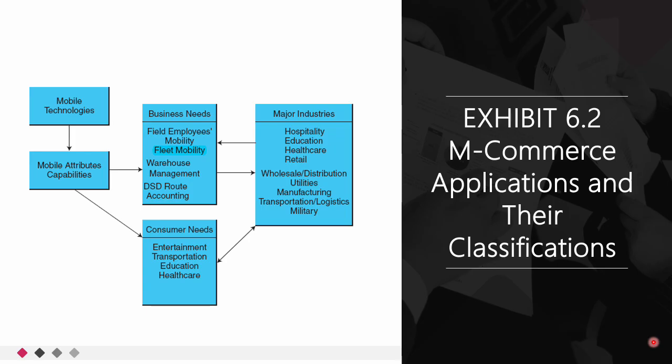Okay, so no need for manual counting. Next one, DSD, route accounting. So beverage vendors, for example, can restock the convenience stores, take payments via mobile, and synchronize the data instantly with the